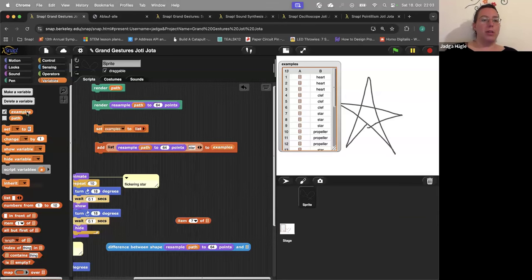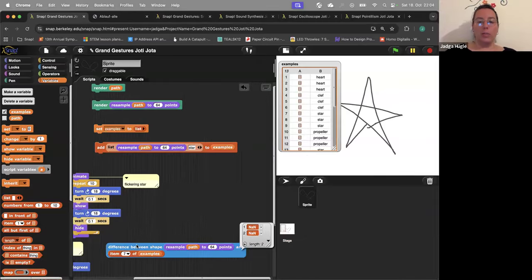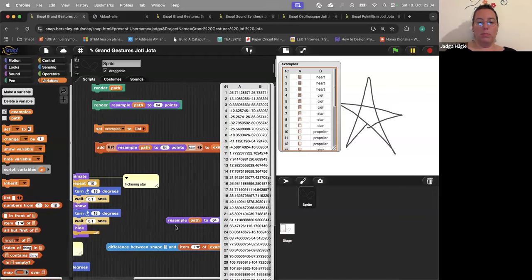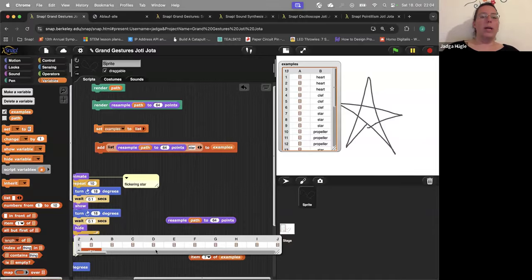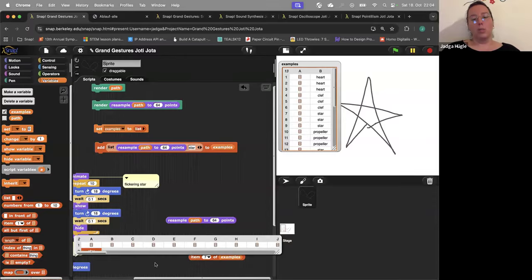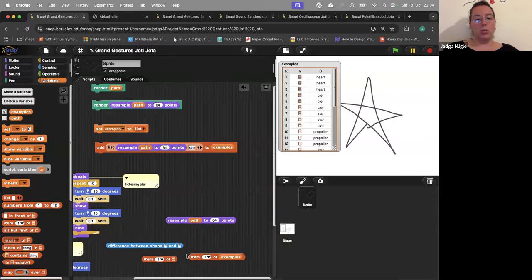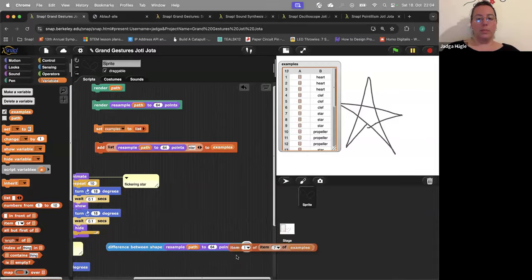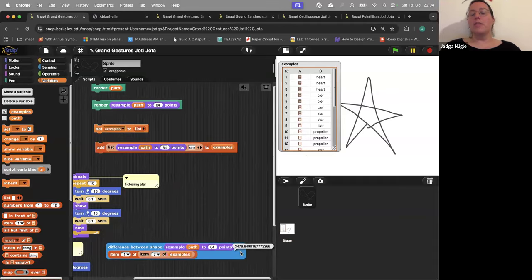But then you have to make sure that it actually fits. So here, this is the star I just drew. This is item 7, which is also a star. And now I'm comparing these two paths. Oh, what? Wait, item 7 isn't a path. I need to take item 1 of item 7 and then it should work. This is a path though. Okay, and here I see that the difference between these two stars is